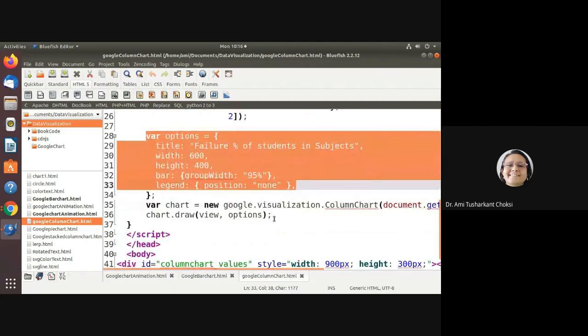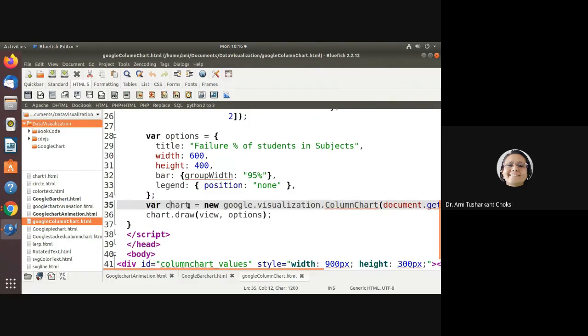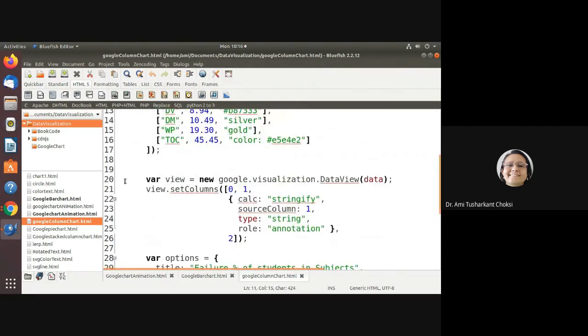And then after, we'll be drawing the particular chart, right? That is the chart variable we are making, and then after we are drawing that using view and options. So got the point. First of all, we do have the data, right? Then after, we are having the view.